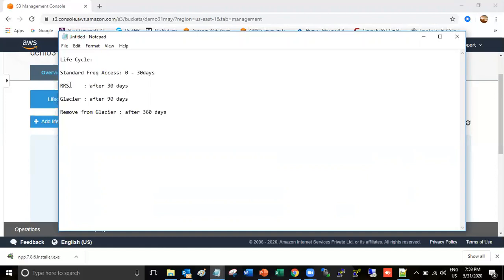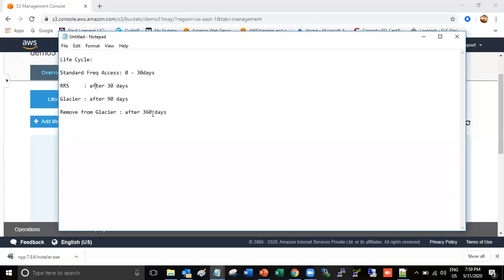So after 90 days, if you want to move your data from RRS to Glacier, then you can set a life cycle from here. The data which is stored in RRS needs to be moved to Glacier. The data will be there in Glacier for 360 days.